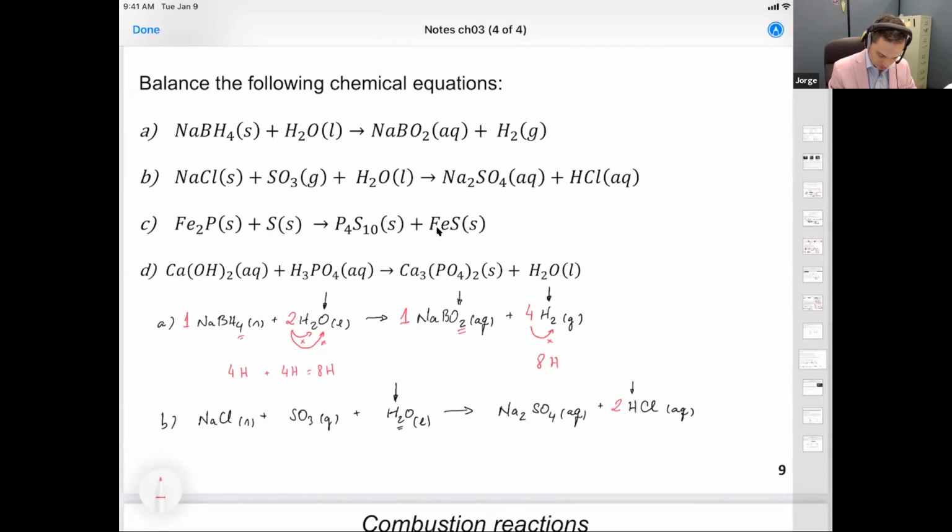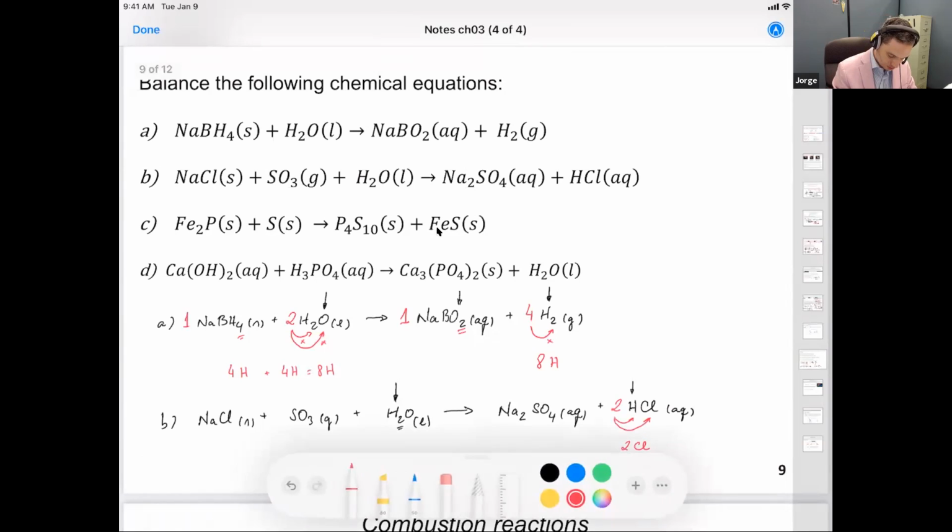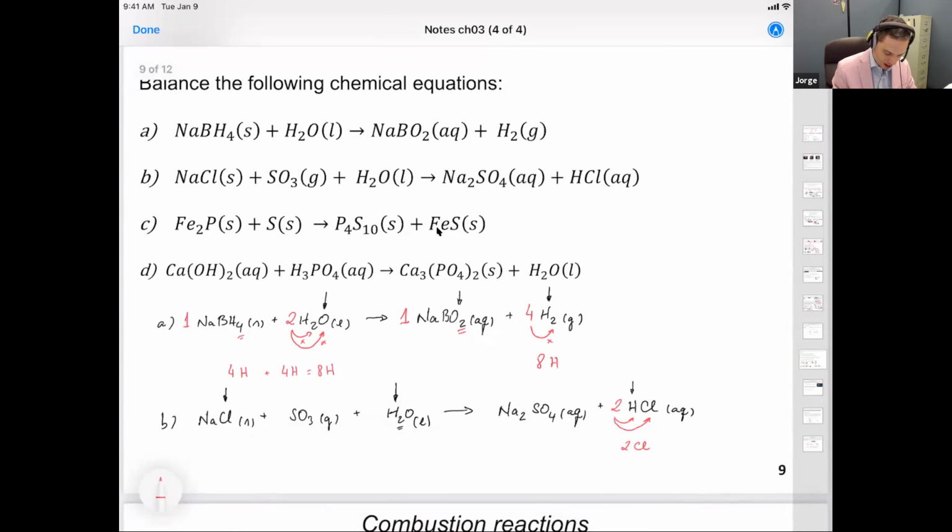Remember that the stoichiometric coefficient will multiply the indexes. Now, because we added the number 2 here, we have 2 atoms of chlorine. Move to the reagent side. The only compound that has chlorine is sodium chloride. If we have 2 after, we need to have 2 before the reaction. So just multiply by 2. And see that now the sodium is also balanced because we have 2 atoms of sodium and 2 atoms of